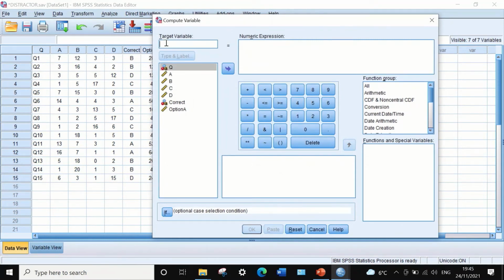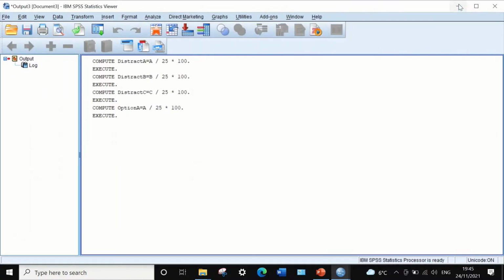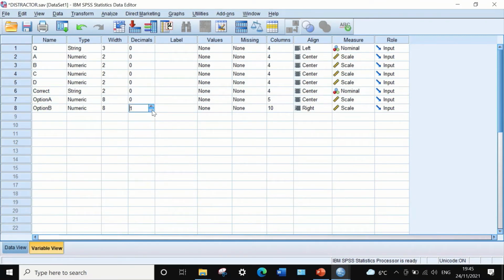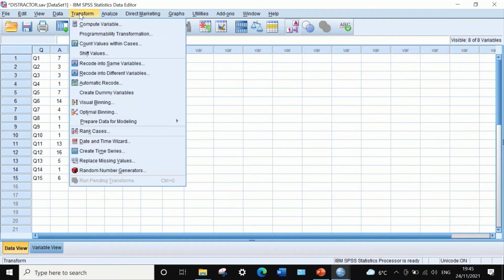Reset this, and then call it option B, and then select the variable B. Going to divide that by 25, multiply that by 100, click on OK. Again, a column is produced, a new variable. We're going to do the editing and then make it center, and I'm going to do the same thing for option